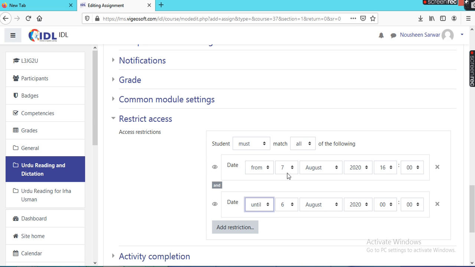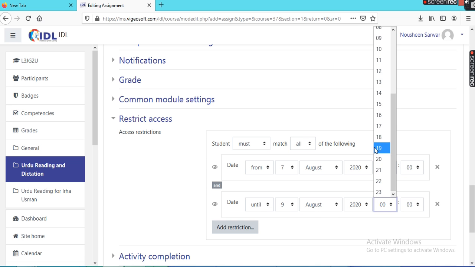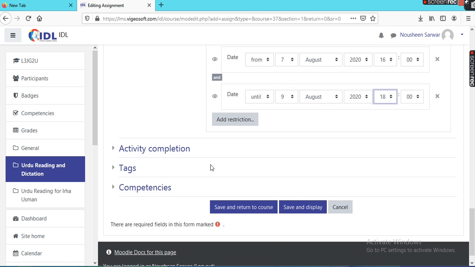I just select 7. This file should be available from 7, and it should be visible till 9 August at 6 o'clock. So the due date is 8, but this assignment will be visible till 9. So students will be able to submit their corrections of mistakes in the assignment.